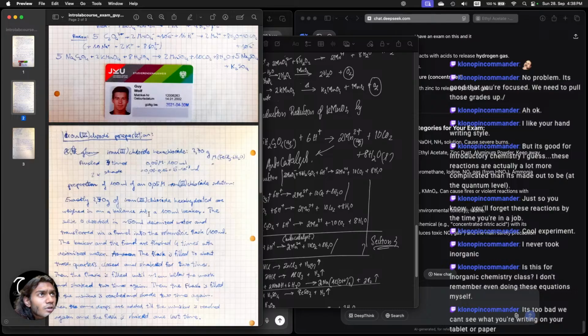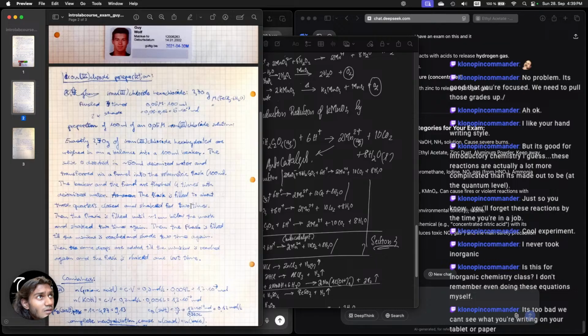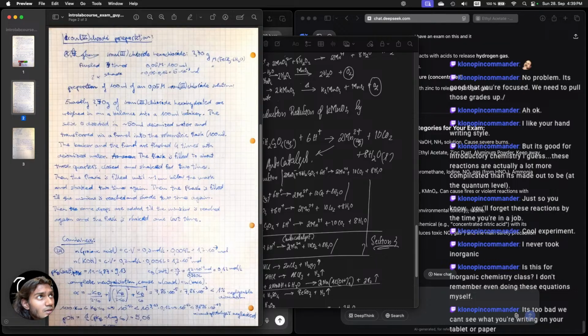Exactly 2.70 grams of, 0.05 moles of iron 2 chloride solution. Iron 2 chloride hydrogen. What is this? Hexahydrated? What? Weighed in a balance into a 100 milliliter beaker. The solid is dissolved in 50 milliliter deionized water and transferred through a funnel into a volumetric flask, and the beaker